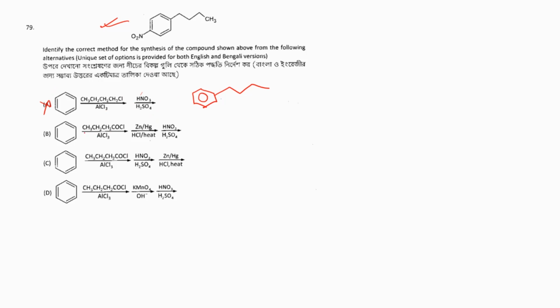For the second part, they are doing acylation. The first is Friedel-Crafts alkylation, and this is Friedel-Crafts acylation. Now if I do the acylation, I get 1, 2, 3, 4, and I get my double bond over here. So this is the acylation product which I get from the first step.